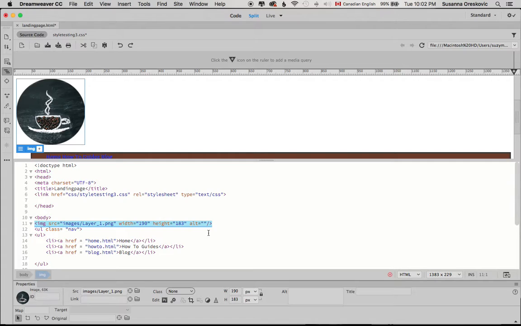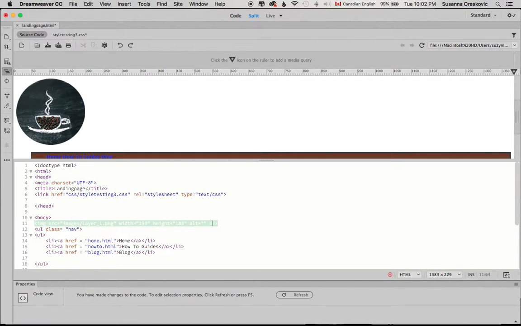Centering images is always done inline, like the code automatically assumes it's inline. And the CSS doesn't really have a centering feature, so we're going to do it here on the HTML source code page. And it's done within the tags of the image source here. So just before the tag closes, I'm going to type in, and this is the code that you'll need to do,